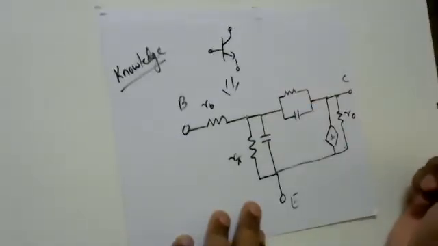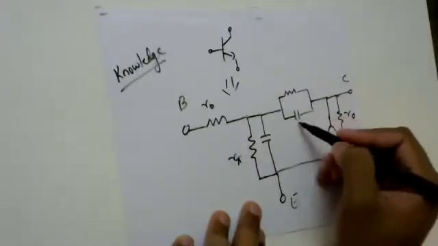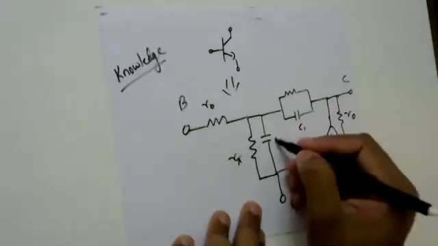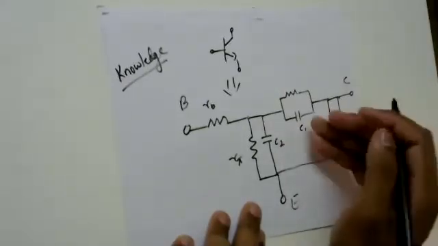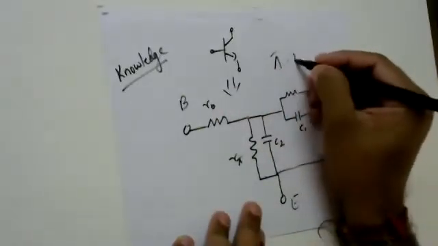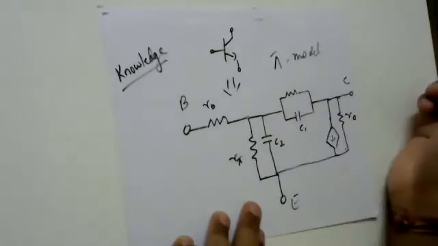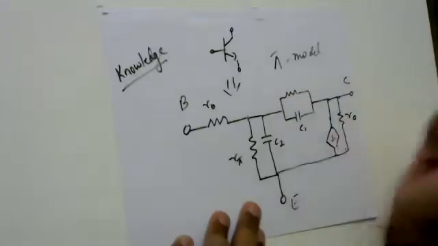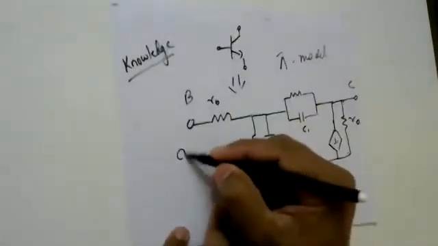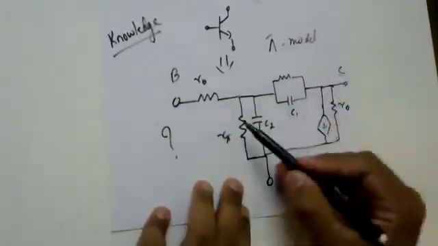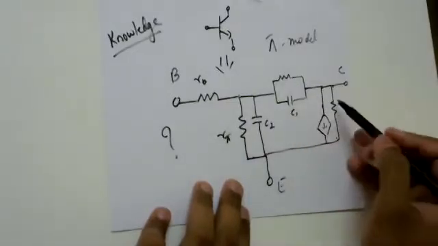Normally this particular capacitance we have shown over here, let me say these are C1 and C2. This particular model is called the pi model because of its structure. Now we may have a question in mind: sir, when we developed the pi model, we didn't have this C1, C2 and this resistance, and even this R naught.